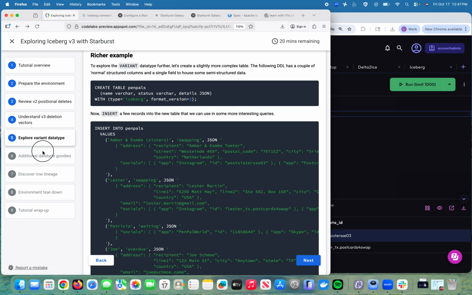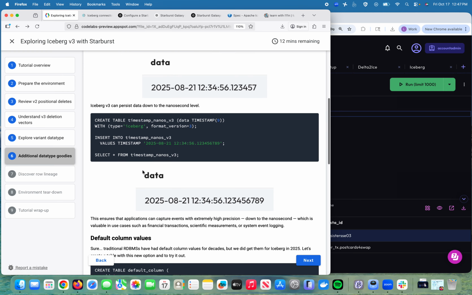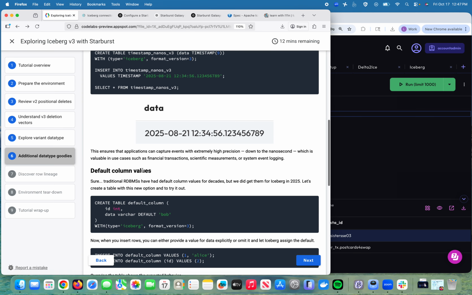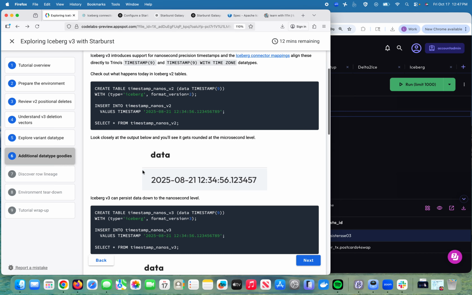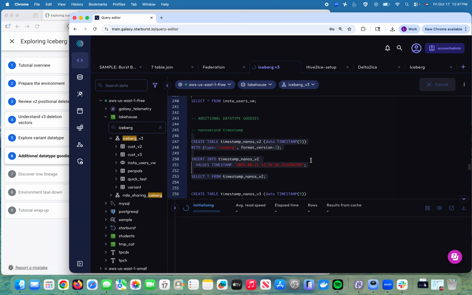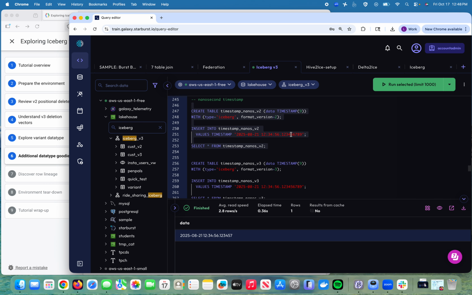All right, that gets us over to a couple more. I'm going to focus on just two primary things I want to do here. Really, it's nanosecond timestamps and default column values. So let's just see some of those things. Nanosecond timestamp. Well, today in version 2, for most folks, while you can set up and declare that you want a version 2 Iceberg table to go down to the nanoseconds,